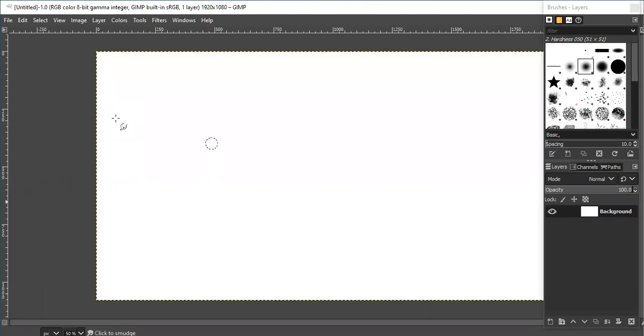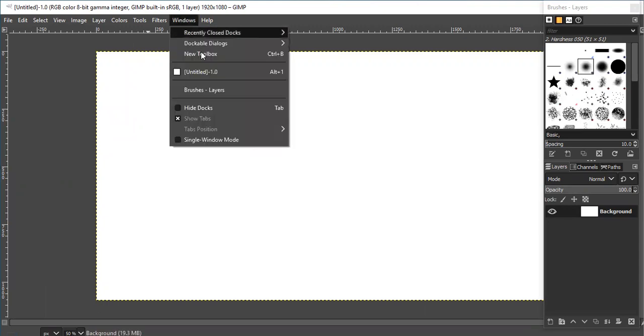Whenever you open the GIMP application for the first time, you will get the multi-window mode. That means left panel, right panel, and the image window. The left panel contains the toolbox, and the right panel contains the brushes and so on. In order to change that, you go to Windows and select Single Window Mode.